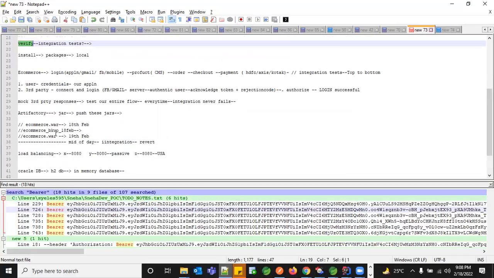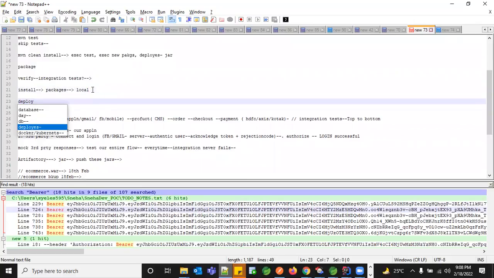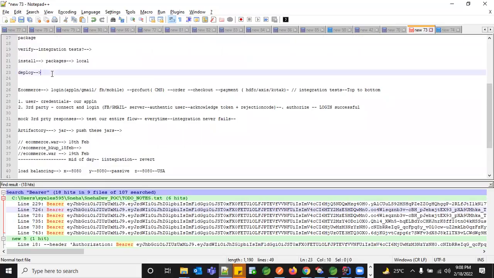Okay. So the final stage, the final lifecycle phase, would be deploy. This is the concept which I explained just now, right? It will be pushed to Artifactory, and how this is happening, that happens in your deploy lifecycle. So once your project is built, you can build it in any environment. You might have lower testing environments, so you can push it there. Or if you want to push it to production, you can push it to production. And you can also make a copy to remote repositories like Artifactory or something.